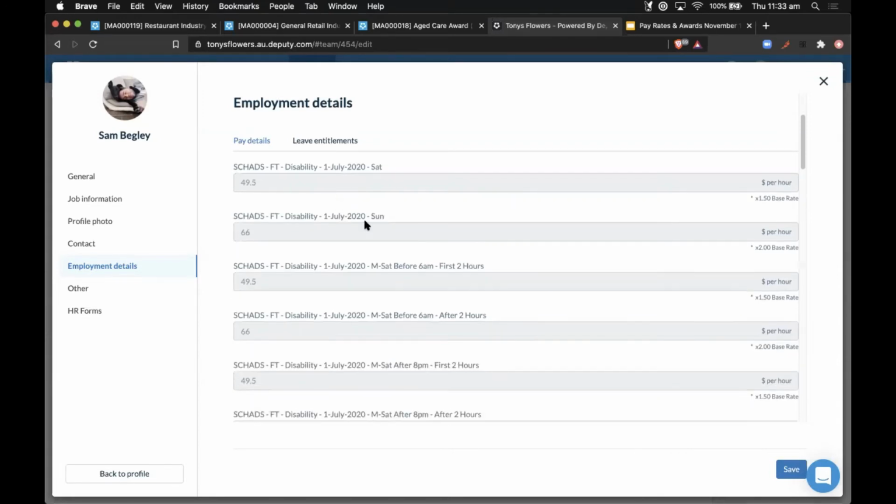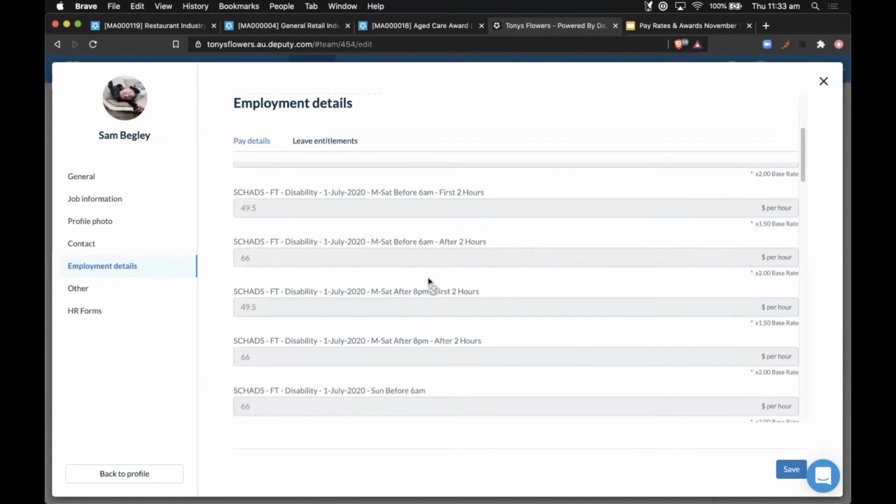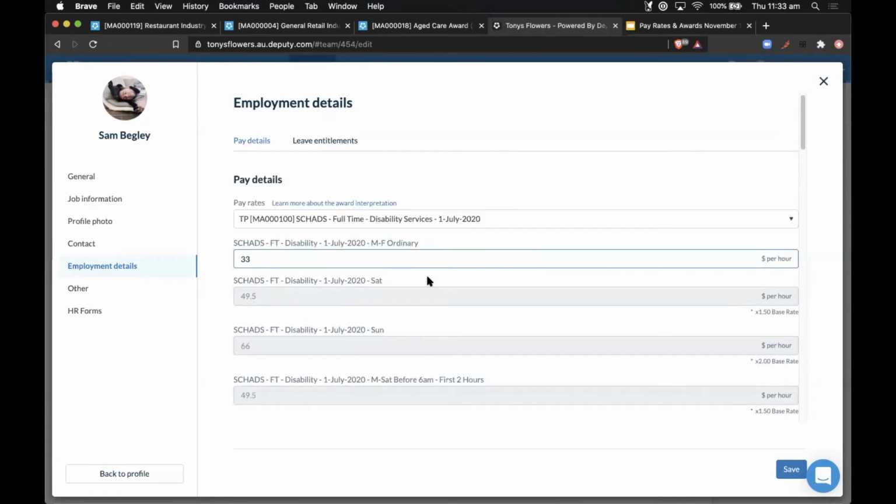And then you've got even more complex pay conditions built into this kind of employment term, which is a Monday to Saturday rate before 6 a.m., but only the first 2 hours. It gets really complex. So that's why if you do the approve all function for, let's say, 100 timesheets for a whole bunch of people, it might take a minute to actually go through with it. That's because it's doing a lot of checking.